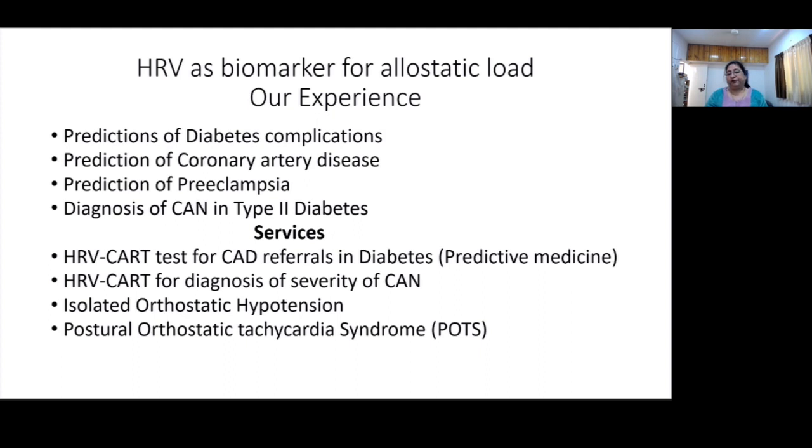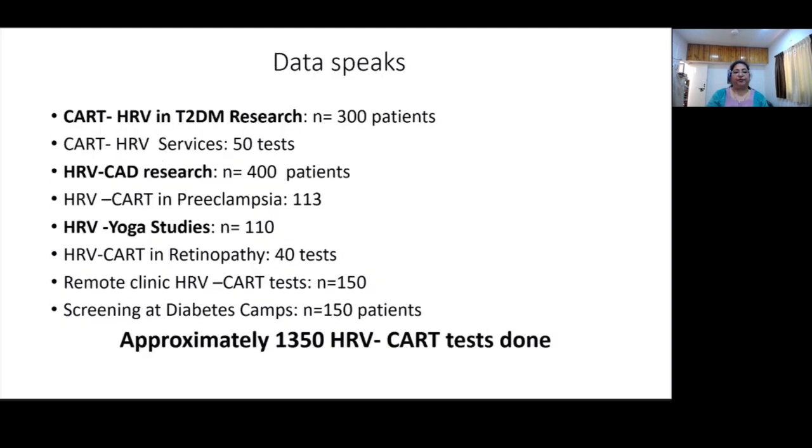Then for diagnosis of severity of CAN, that is cardiac autonomic neuropathy, isolated orthostatic hypotension and POTS. So these are the services which over a period of time we have started providing. The data speaks, because approximately 1,350 HRV CART tests up till now we have done, and which